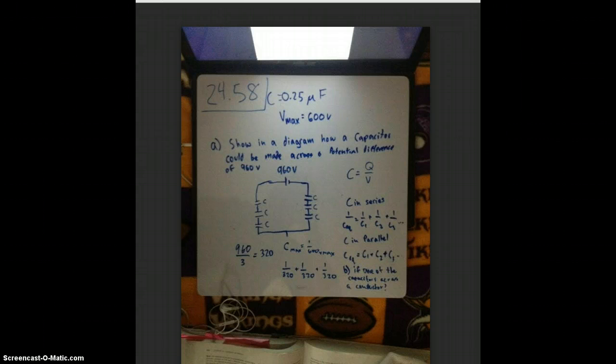And then in B it says no dielectric is perfect insulator and that would not permit the flow of any charge through its volume. Suppose that a dielectric in one of the capacitors in your diagram is a moderately good conductor. What will happen in the case your combination of capacitors is connected across 960 volt difference? So if it acted as a conductor, then it's not acting as a capacitor, in which case there would be only 2,